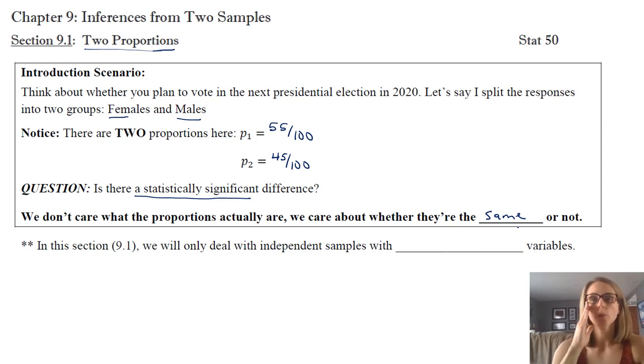Now, chapter 9 is an important chapter, and section 9.1 could be considered the most important section in the book. And that is because this type of hypothesis testing has been done many times and has led to the reason that we have things like the polio vaccine. So back in the 1950s, a vaccine was developed for polio and they had to test it out.